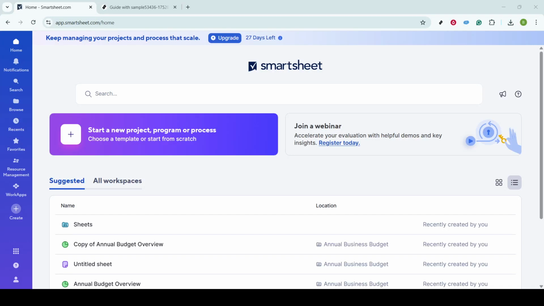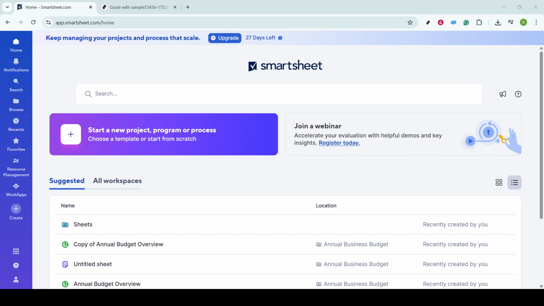In today's video, I'm going to teach you how to edit Smartsheet effectively and make the most out of its versatile features. Whether you're managing a project for work or simply organizing tasks at home, Smartsheet offers a robust platform that can truly help you keep everything streamlined. So, let's dive right in and walk you through the steps needed to make this tool work for you as